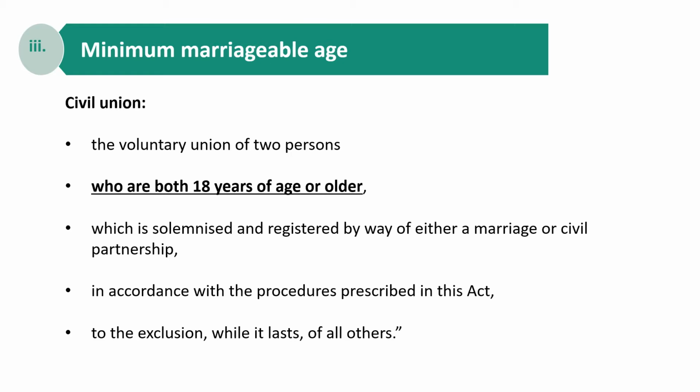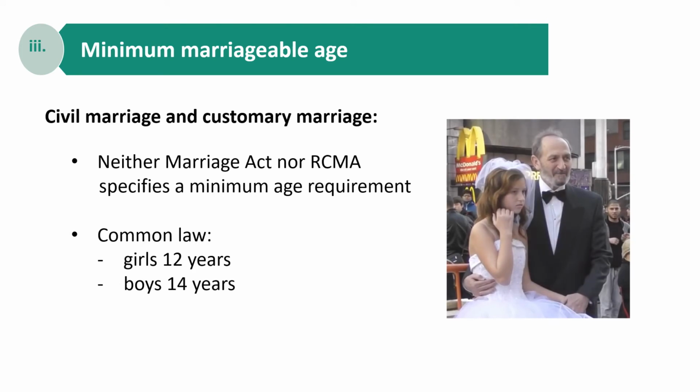More on the possible discrimination which arises in this case will be said later in this presentation, but for now I will discuss the provisions pertaining to the age requirements that apply to marriages under the Marriage Act and the RCMA. Neither the Marriage Act nor the RCMA prescribes the minimum marriageable age for marriage in terms of these acts. The only indication we have in South Africa of what the minimum age for marriage is, is the common law. In terms of the common law, the minimum age for marriage as envisaged in the Marriage Act depends on a person's sex. Girls may marry from the age of 12, but boys may only marry from the age of